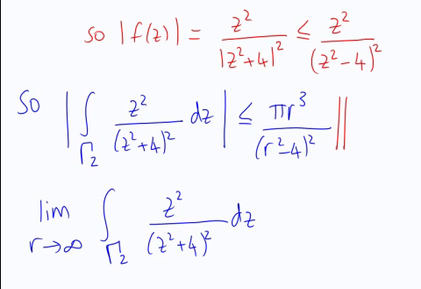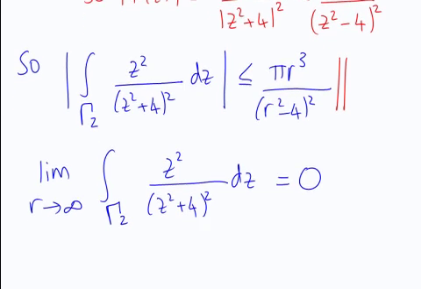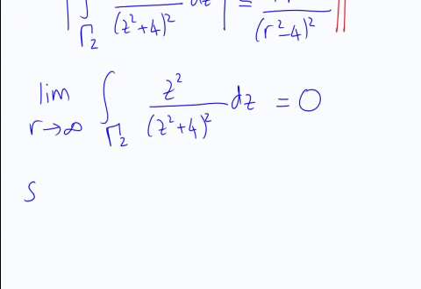And so as r tends to infinity, that expression will tend to 0. And therefore the limit as r tends to infinity of that expression is 0. And that means that the contribution to the integral over gamma is in fact 0 from this part of the integral. And what that therefore means is that in the limit as r tends to infinity,